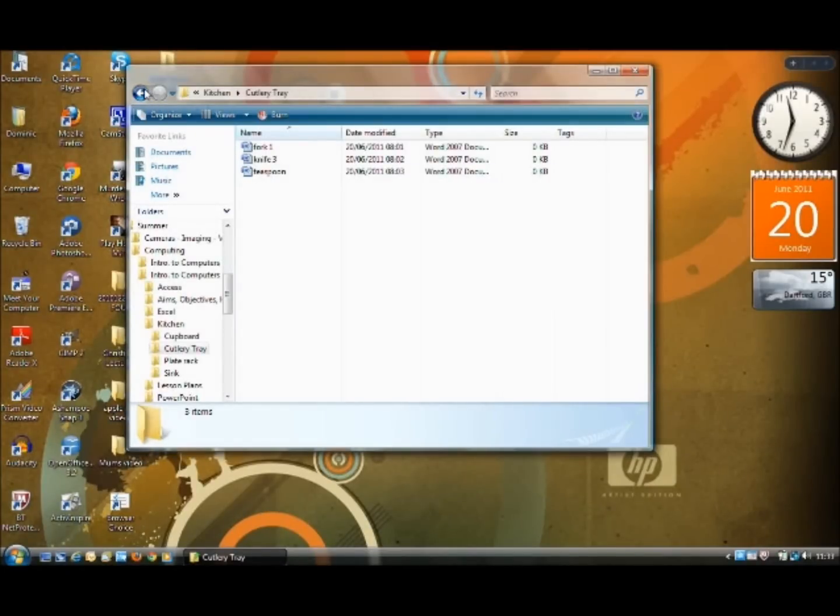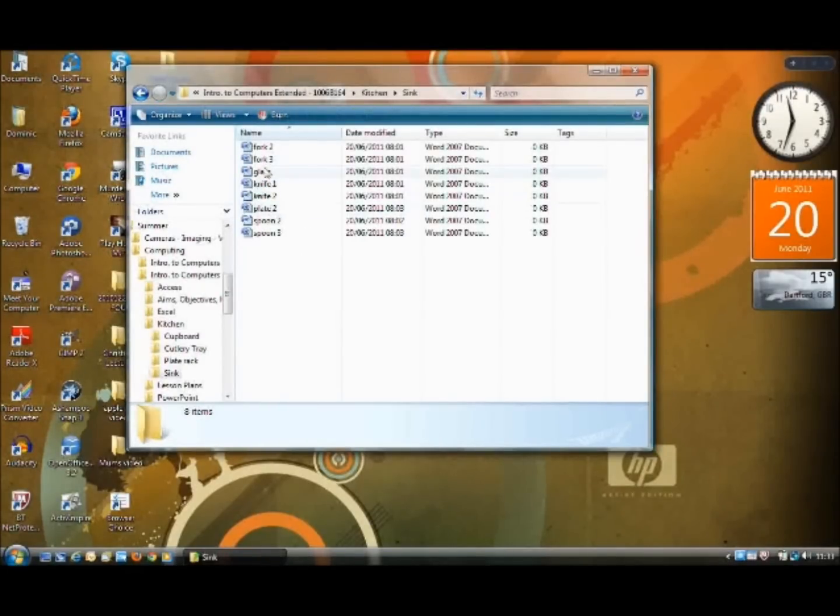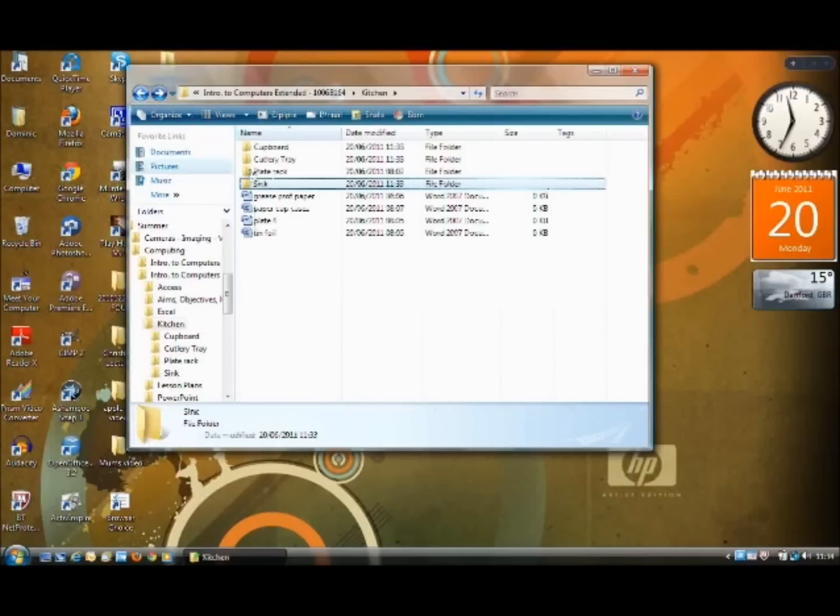So if I go into the sink, and again I have a glass, and again that should be in the cupboard. In this instance, if I left click to highlight it, I can then on the keyboard press and hold Control, then tap the X key, and that's the shortcut for cutting an object. So Control X, then go back into cupboard,